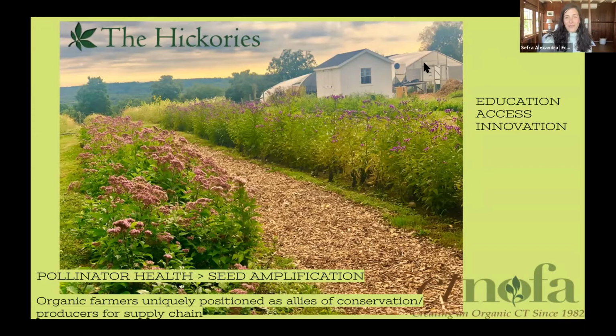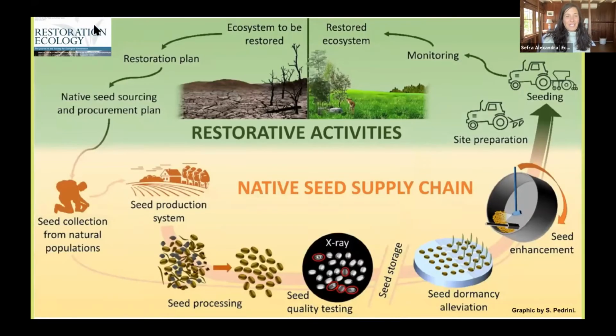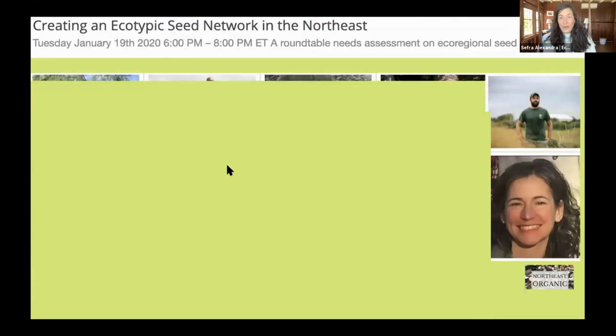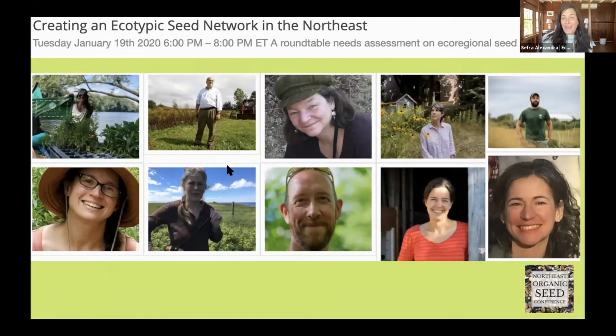So what we've done is, this is from the Great Standards for Native Seeds and Ecological Restoration special issue that Restoration Ecology made. And as you can see, there's this whole supply chain that needs to be addressed, from collection to processing to growing out and so forth. And so we said, because this supply chain just isn't existing on the East Coast right now, how do we support this and recreate this? And so we put together a roundtable of experts from all throughout the Northeast who were doing different parts of that and saying, in a needs assessment, what are we missing? What do we need to do?